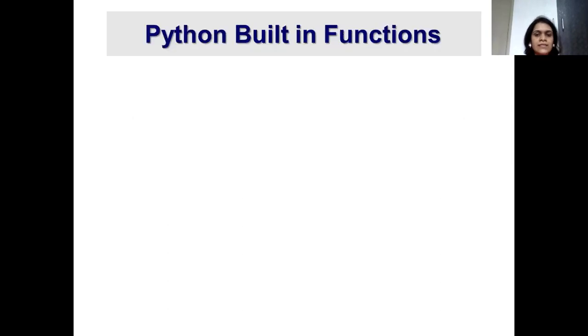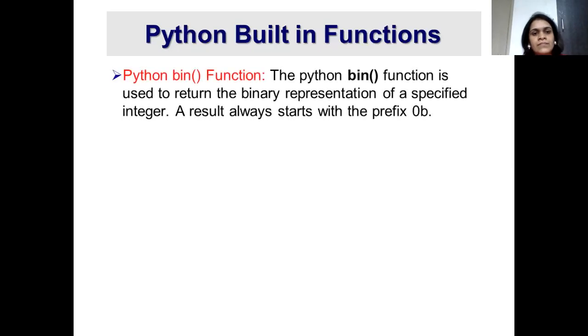To understand this, let us go through some of the basic built-in functions of Python. With Python, there is a function for binary conversion. It is used to convert an integer value to a binary value. The name of the function is bin.